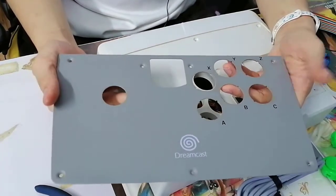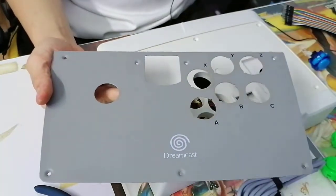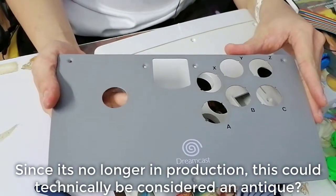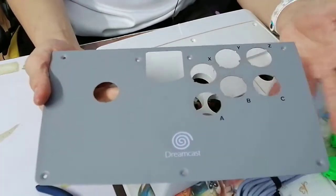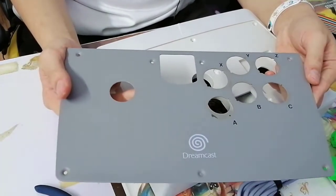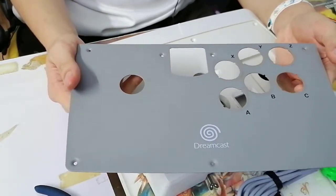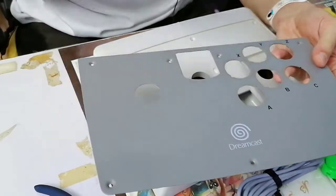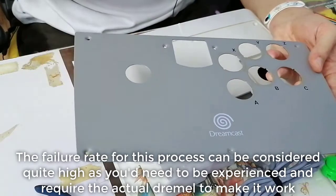So I don't want to damage the plate at all, because to me, this somehow feels like it has sentimental value. So I am not gonna do any alteration to this plate. I mean, some people, they are like, yeah, but you might as well so you can make it usable, stuff like that. But for me, if there is a way to not use the original parts, I'll try not to, because especially when they're not in production anymore, that means that if this breaks or if you mess up, you can't find this anymore. So as much as possible, I try not to